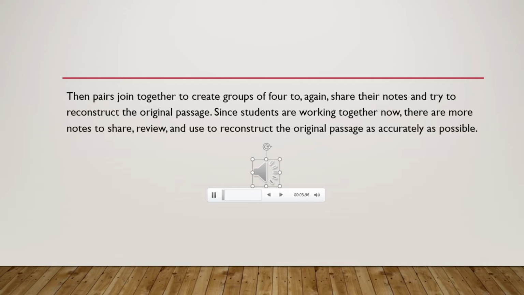Then these pairs of students working together are brought together to form groups of four students, and they continue what they were doing in the last stage. They share their notes, they review what they've written, and they're still trying to reconstruct that original passage as accurately as they can. Again, not necessarily identical language, but as accurate as possible in a way that their language is appropriately worded in terms of sentence structure,